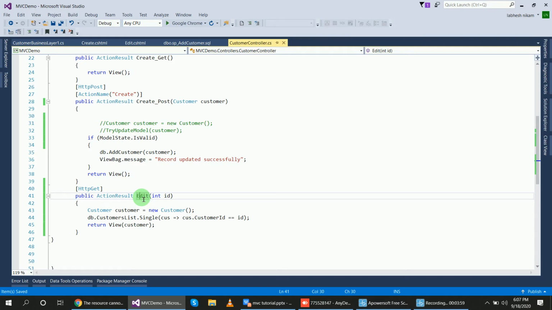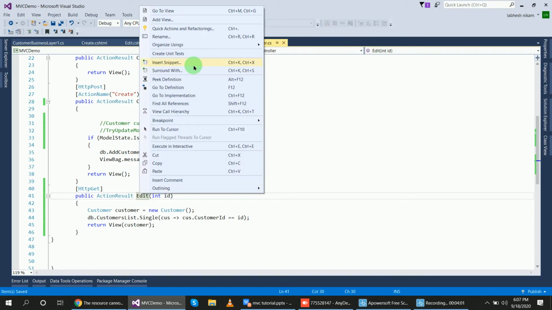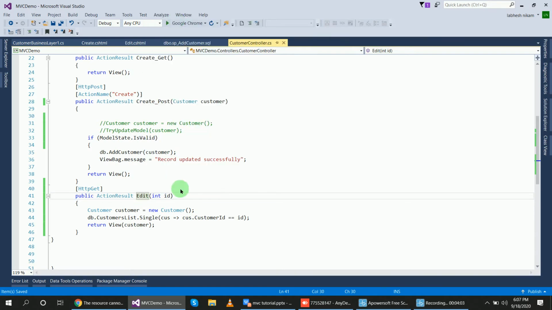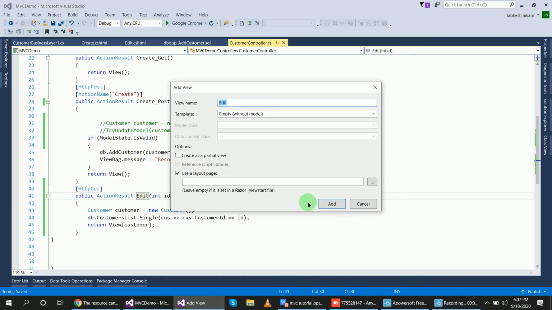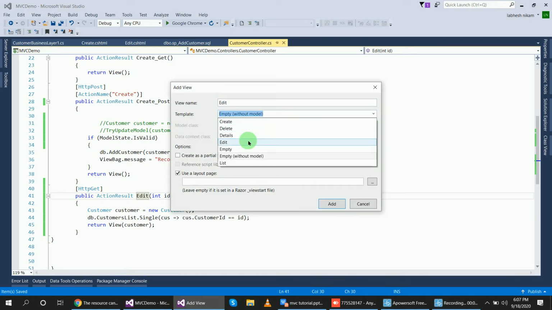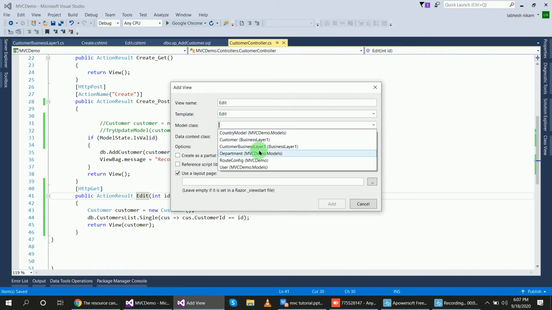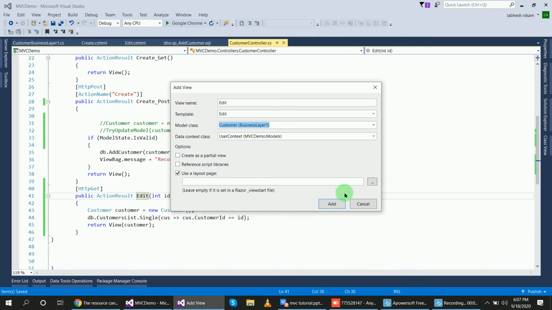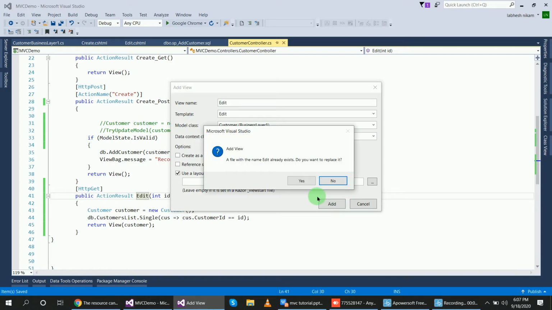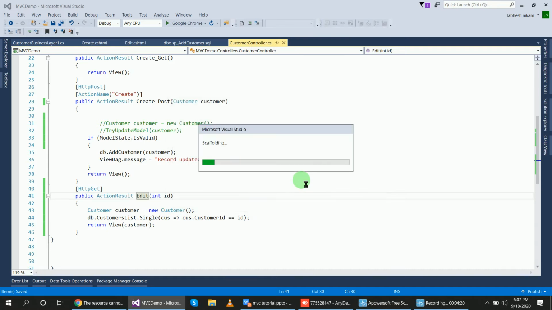Right click on this edit method, click on add view and select the edit template, model class Customer, business layer 1. A file with the same name, Edit, already exists. Okay, no problem, we will replace it.